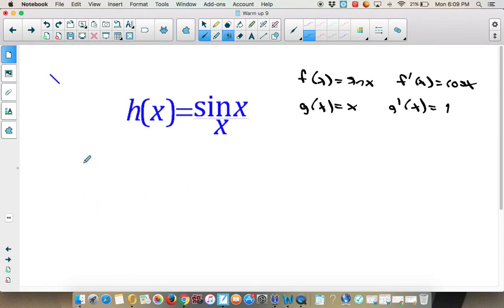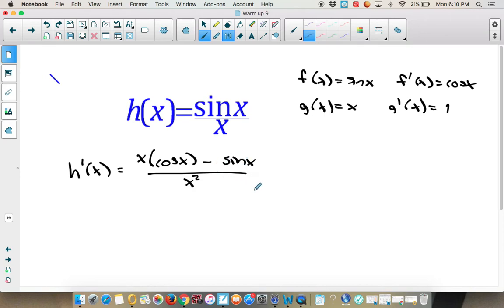So the bottom, bot, so h prime of x, the bottom is x squared, x times cosine x minus sine x times 1 over x squared. Okay, maybe not so impressive,